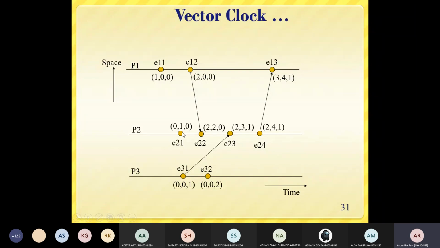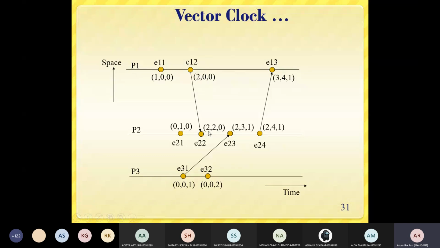The second event is a receiving event in P2. So you will have to see what has been piggybacked. So 200 has been piggybacked. Now you have to check the first timestamp which is available here in the first event of P2, and which is being received from the sender. So whichever is maximum. So 0 and 2. So 2 is maximum. You have to take that value.